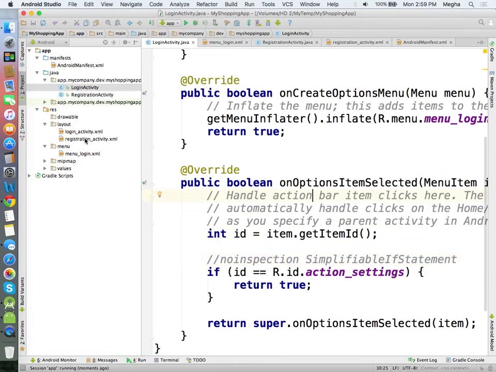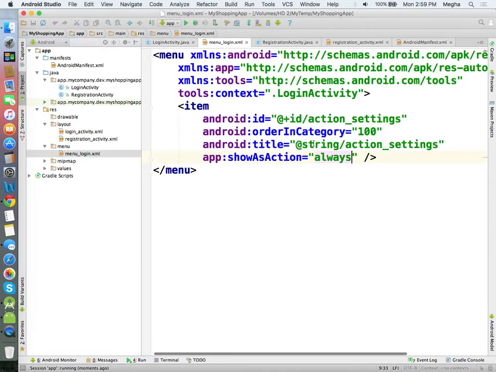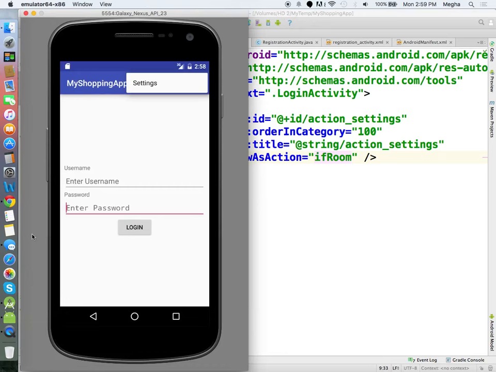Before it reloads, let us see any other one. ifRoom we will also test, but let us first have this one.